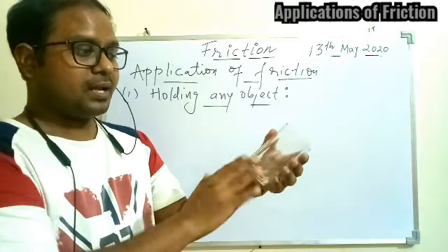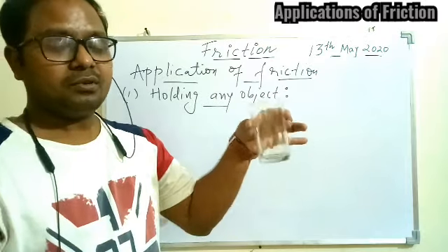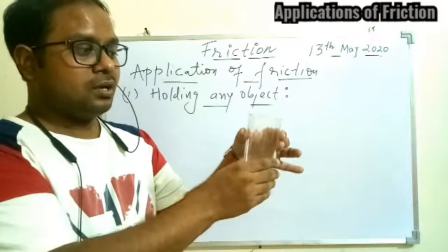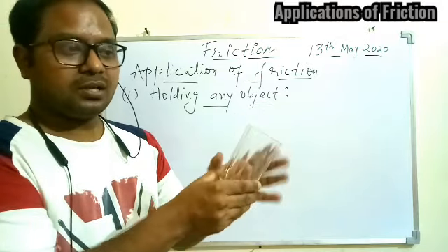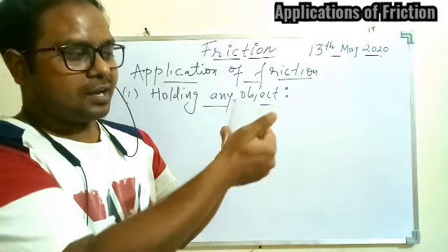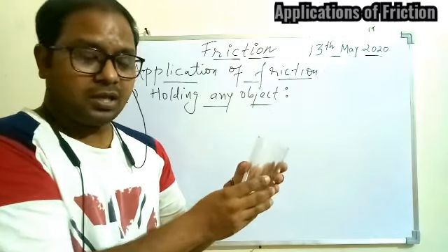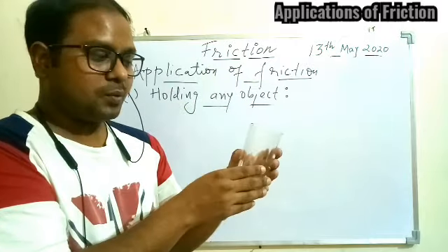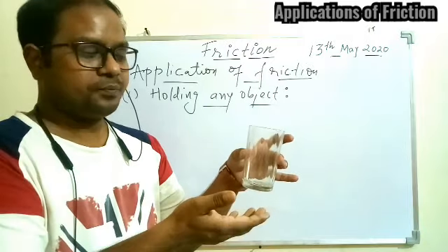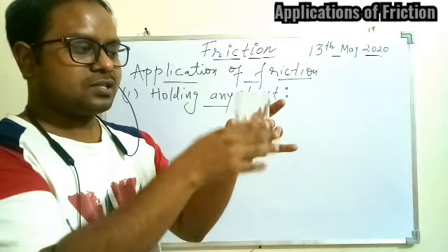And just take an example, if I apply oil. So once you apply oil on this surface, what will happen? It will be difficult for you to hold the glass, it can slip, it can fall down. Why? Because once we apply the oil on this surface, the surface will become very smooth. So smooth in the sense that whatever irregularities we have on this surface, most of those will be filled by the oil molecules. And once the irregularities are filled, what will happen? The object will become very smooth and the friction will be very less. So once we apply some oil or some slippery substance on this glass, it will start slipping down.